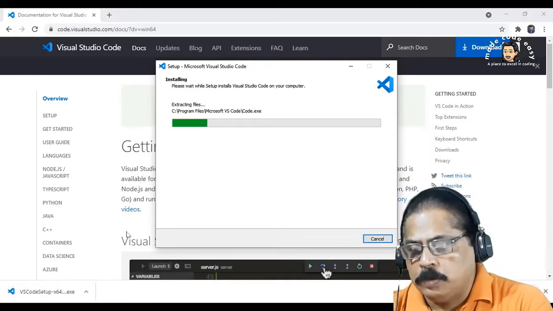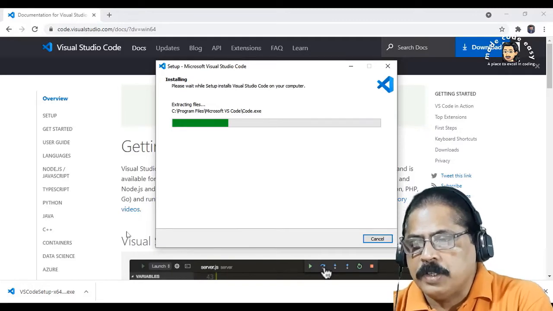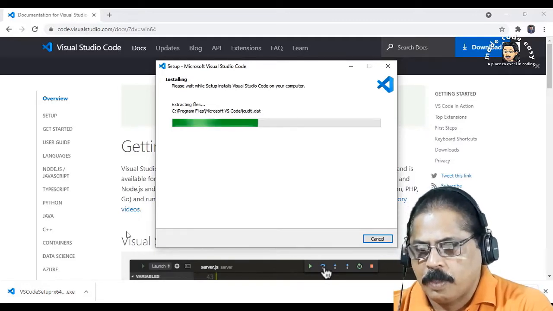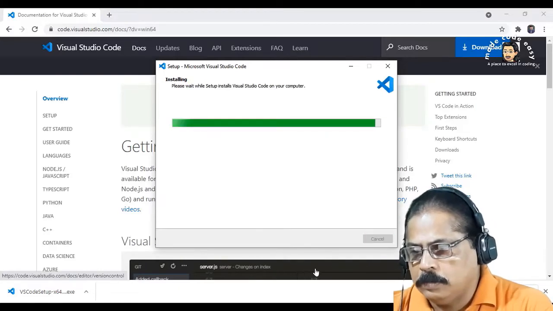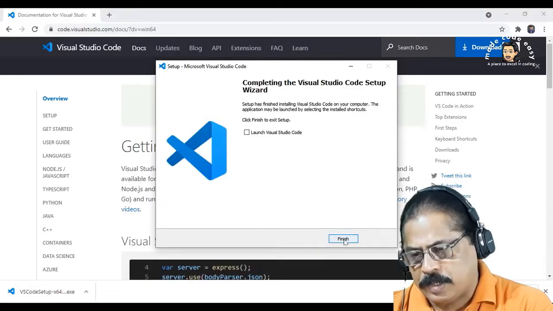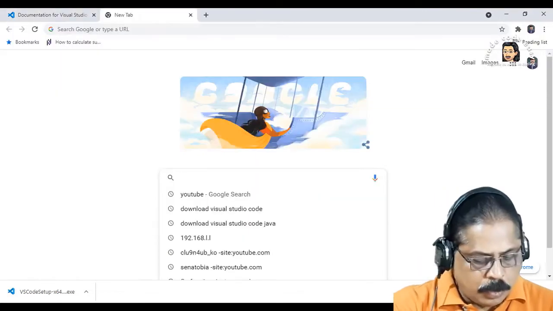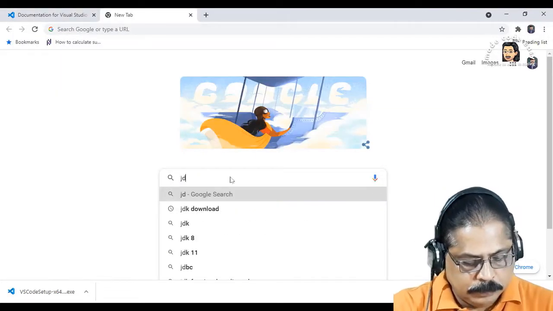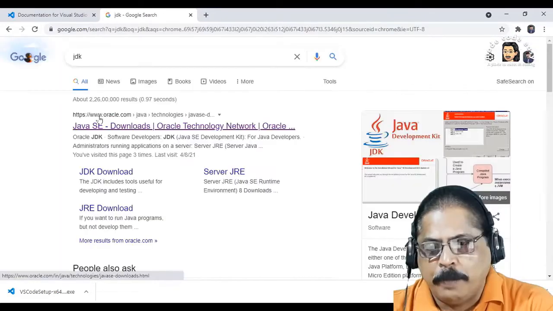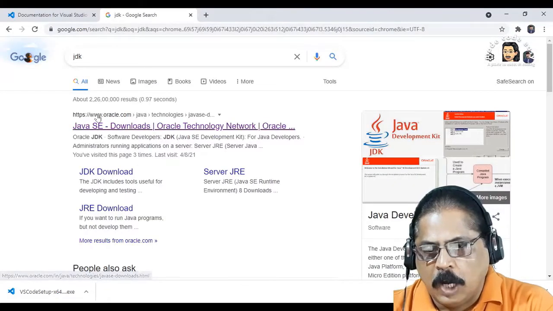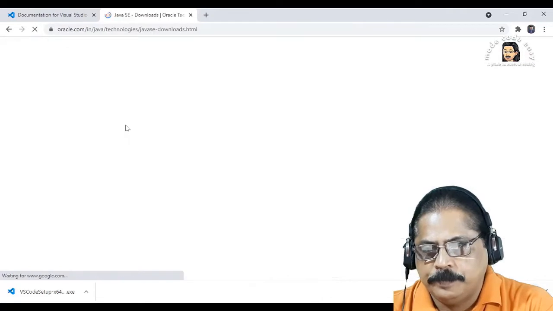This is how Visual Studio Code is installed. Now we'll click on finish. Now install JDK, Java Development Kit. Make sure you're downloading from Oracle.